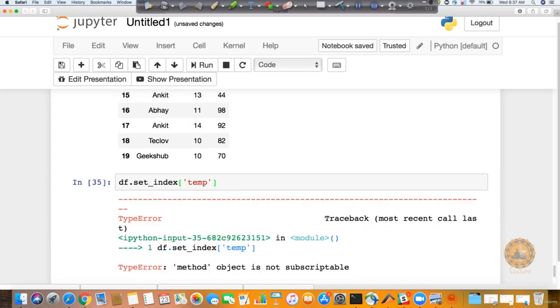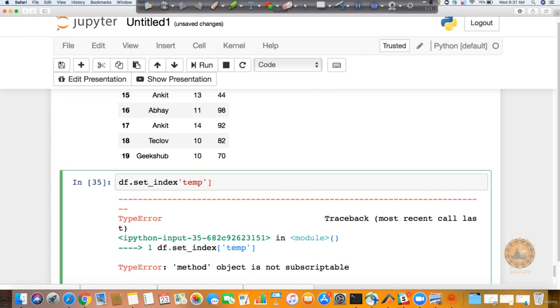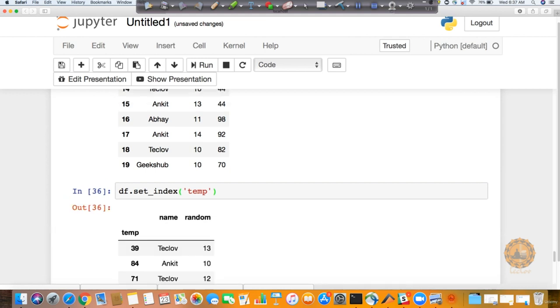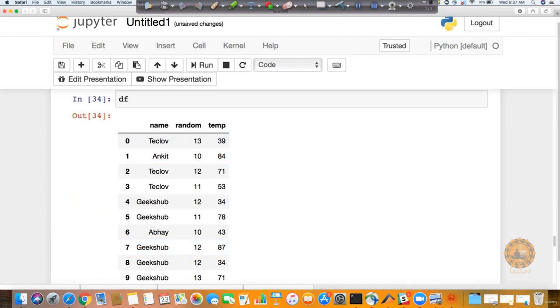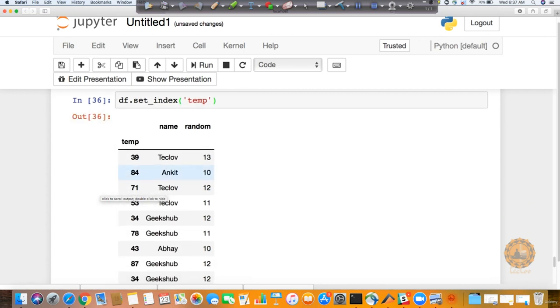look at the output. Okay, I made a mistake here, set_index. You can easily make out I have not used the correct braces, so let me correct it. So now if I output this, you can see a difference from my previous one. Previously I had a temp column here and all these indexes present on the left-hand side. But now you can see that temp became my index and there is no more temp variable, right? So this is a difference.